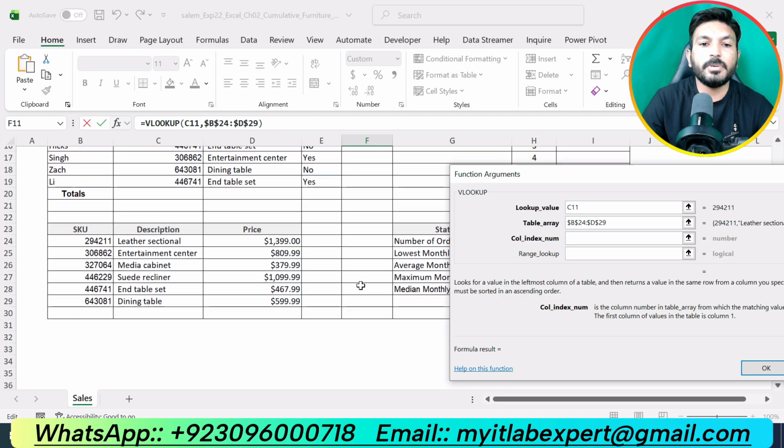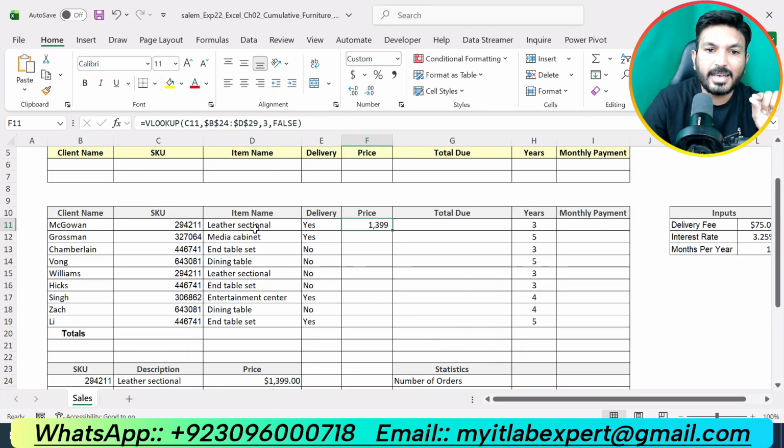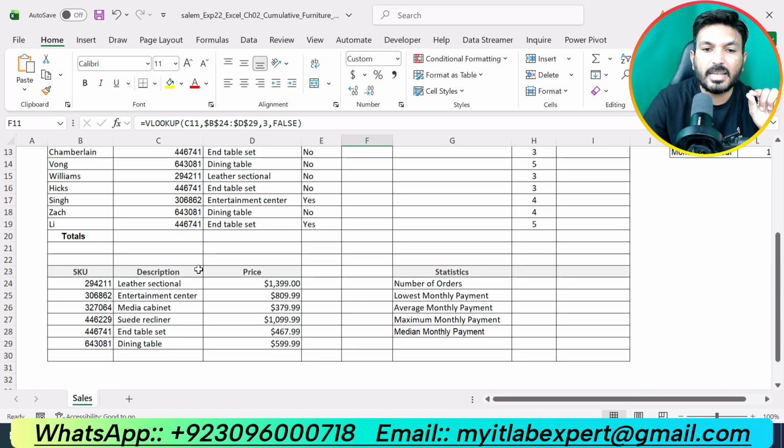Okay, column index. Now our column index is the third column because in the lookup array the third column has the prices. So now we will use the number 3 as the column index, because we are going to get the values from the third column. So our column index will be 3. Range lookup will be the exact match, so we will use false here. And click OK. So now you can see that for the leather sectional 294211 we got